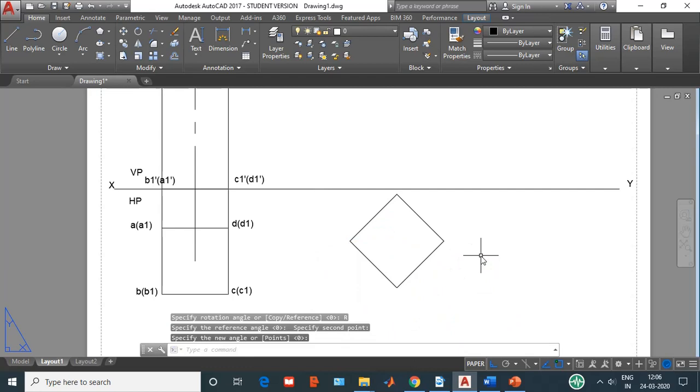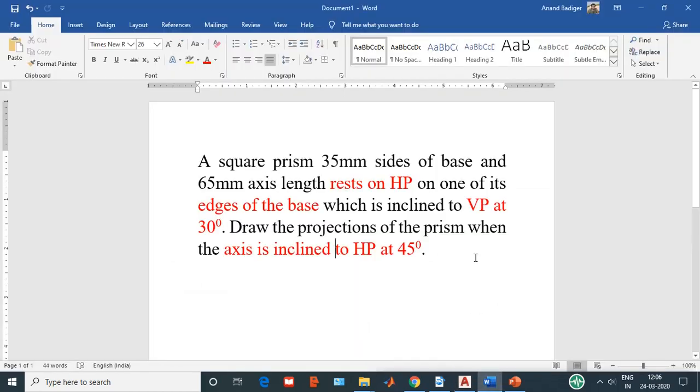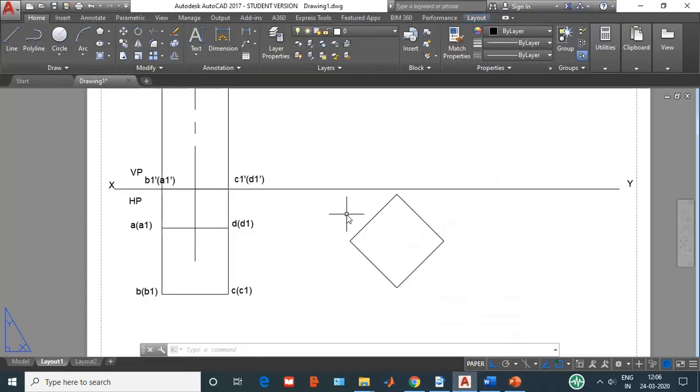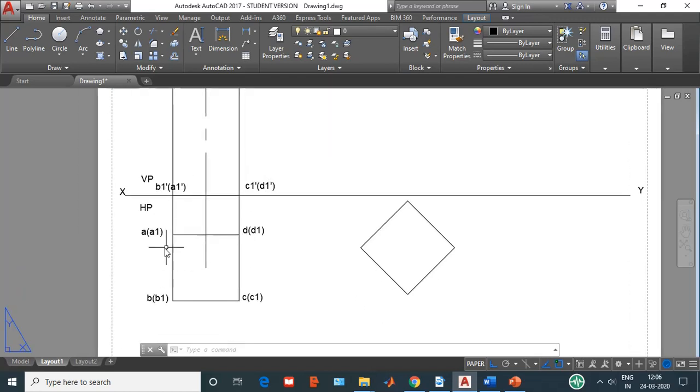Okay, so you can ask me a question that why the square is drawn in this particular manner, why not in this manner? Because the question very clearly states that it is resting on HP on one of the edges of the base. So I have to make sure that when I am taking this into the second position and I am tilting, I should be getting the edge at this particular position. So that is only possible if I draw the square in this particular position.